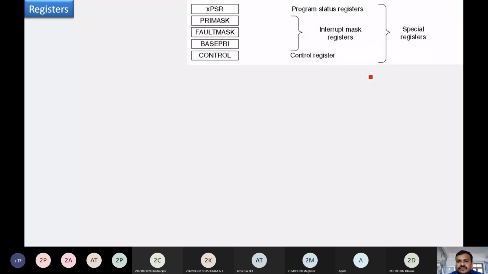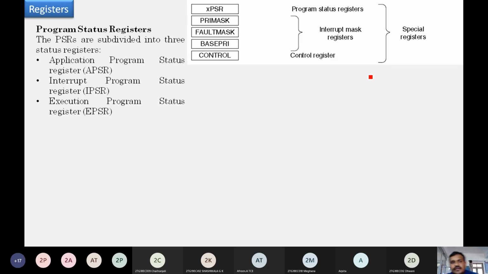The special registers are nothing but special purpose registers. These are program status registers, interrupt mask registers, and control registers. What is this xPSR? The program status register, once again as I said, is a combination of a set of registers, labeled as application, interrupt, and execution program status registers.